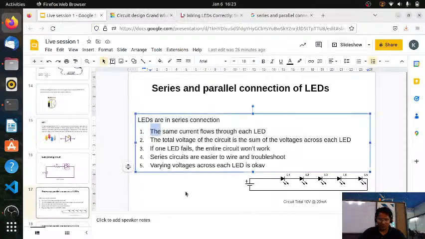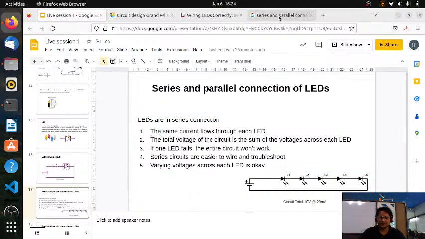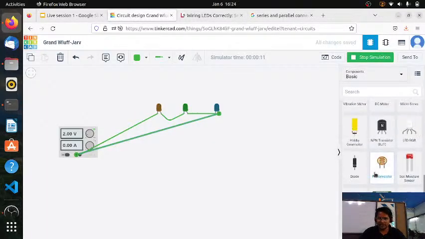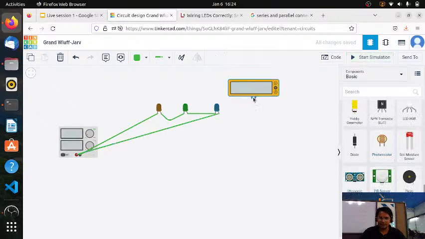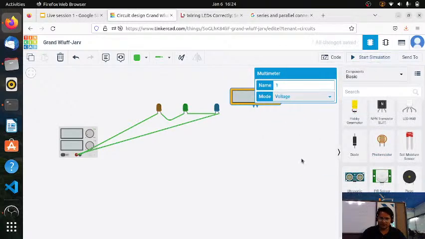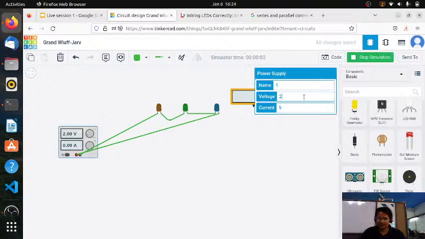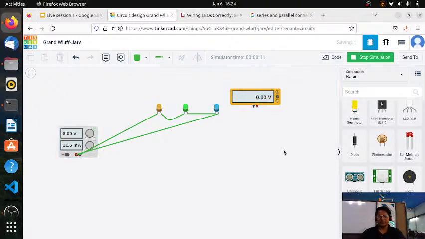The same current flows through each LED. That's what we have to see. The same current should flow through each LED. For that we need a multimeter. So with a multimeter we'll be measuring, but 2 volt is not enough to glow this LED. So we will actually increase the voltage. So let's apply 9 volt. 9 volt is more, so let's apply 6 volt only. With 6 volt all are glowing at max brightness,